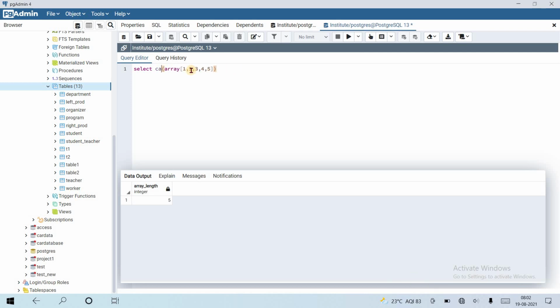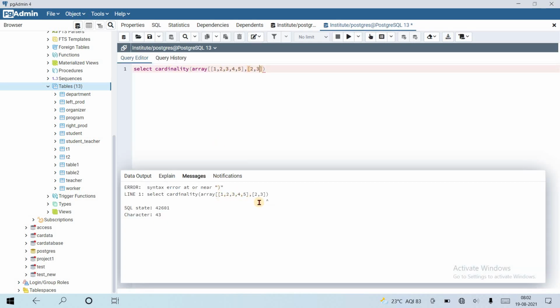Let's see cardinality. For multidimensional arrays, we need to create them from here. So suppose that was the first array, and this is the second array, 2, 3. Let's see.